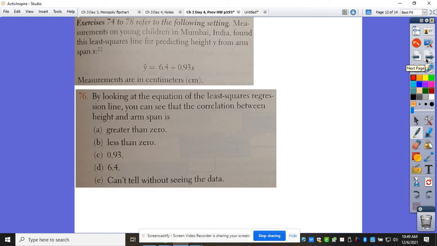By looking at the least squares regression line equation, you can see that the correlation between height and arm span is, well, this is my what? This is my what? Slope. What is this? So R always directly relates to which one of those two things? Slope. And if here we can see that slope is what? Positive. Positive, so R is